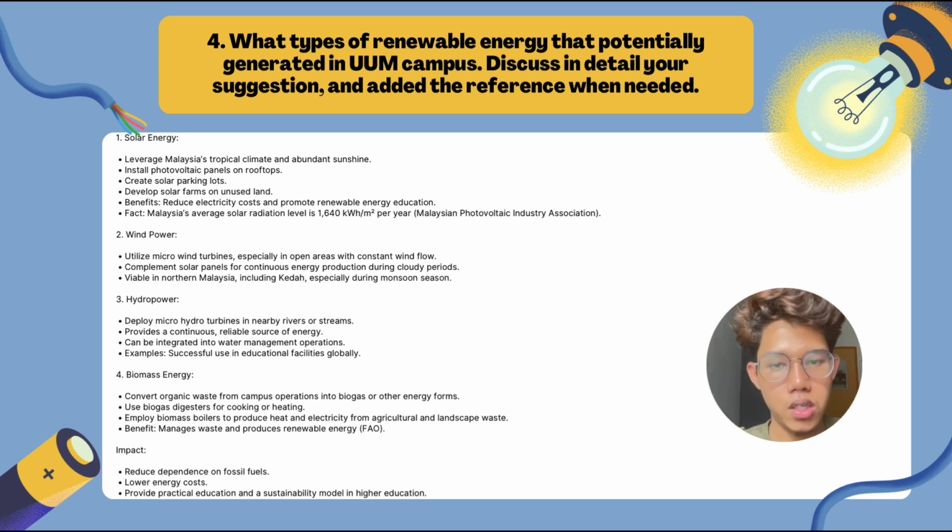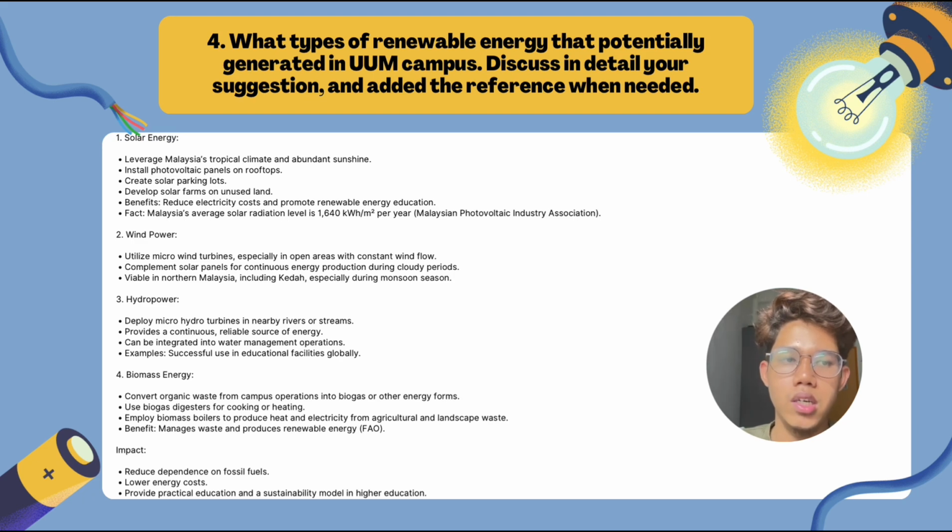And the last one is biomass energy. We can convert organic waste from campus operations into biogas or other energy forms. We can also use biogas digesters for cooking or heating, and employ biomass boilers to produce heat and electricity from agriculture and landscape waste. The benefit is managing waste and producing renewable energy. So the impact: we can reduce dependence on fossil fuels, lower energy costs, and provide practical education and a sustainability